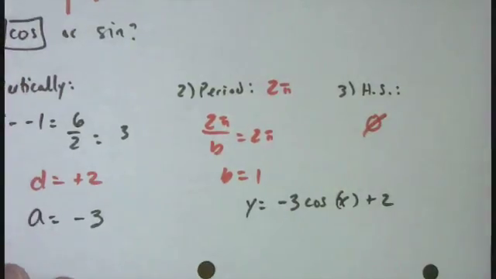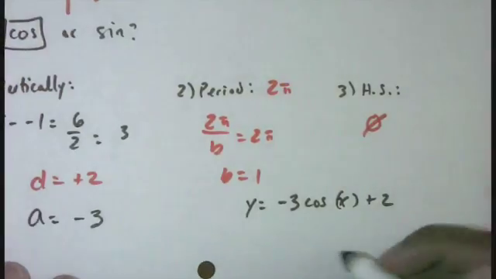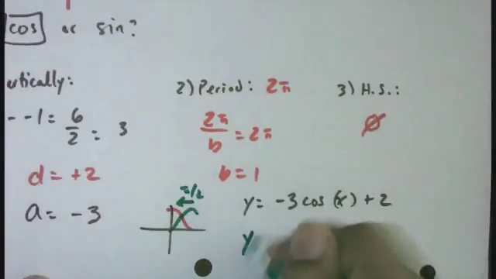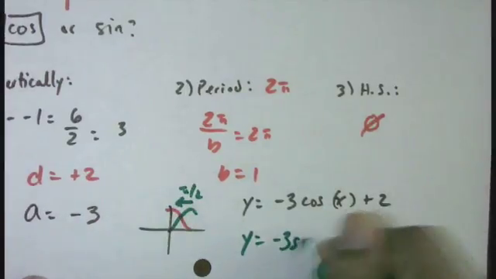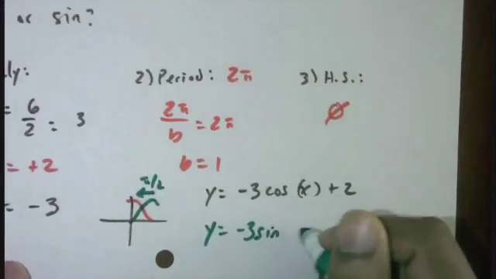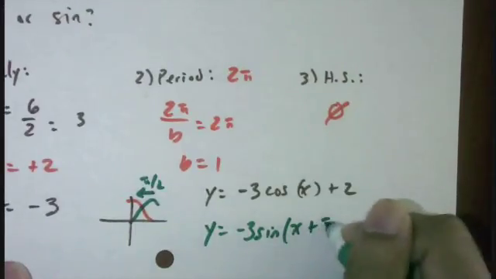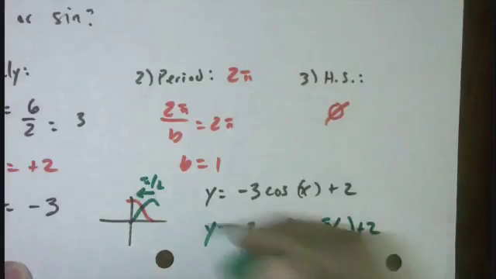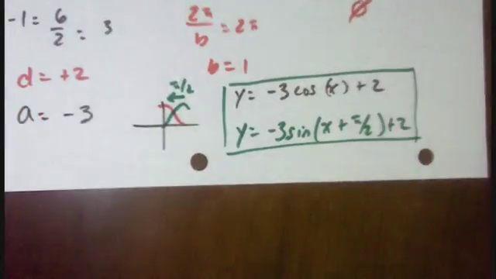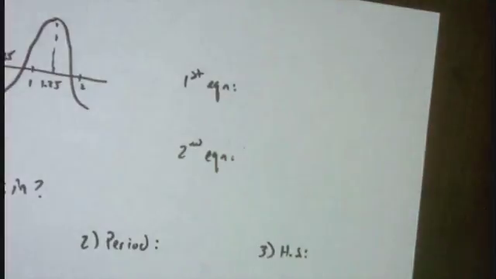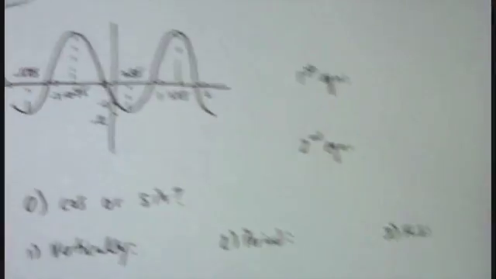Now the other part, I need to write an equation for sine. So my second equation is y equals -3 sine, and I'm moving my graph to the left pi over 2 units, so it's going to be x plus pi over 2 plus 2. This is our final answer. Example 3 we'll do together, and then example 4 I'll ask you to pause the video. For this function,